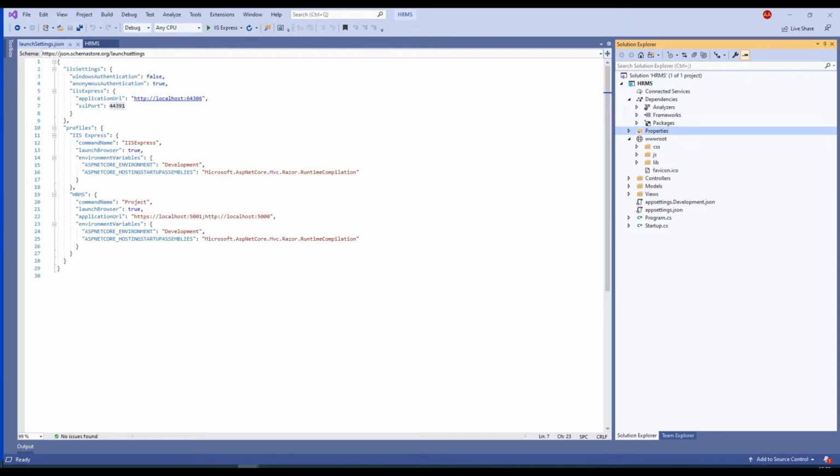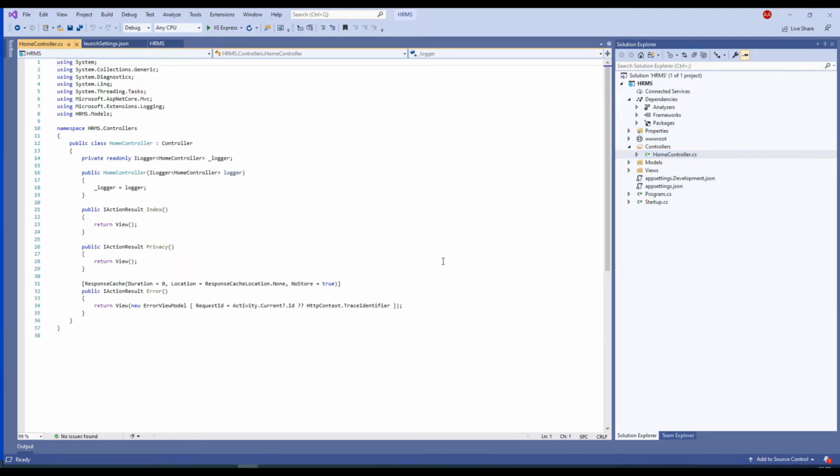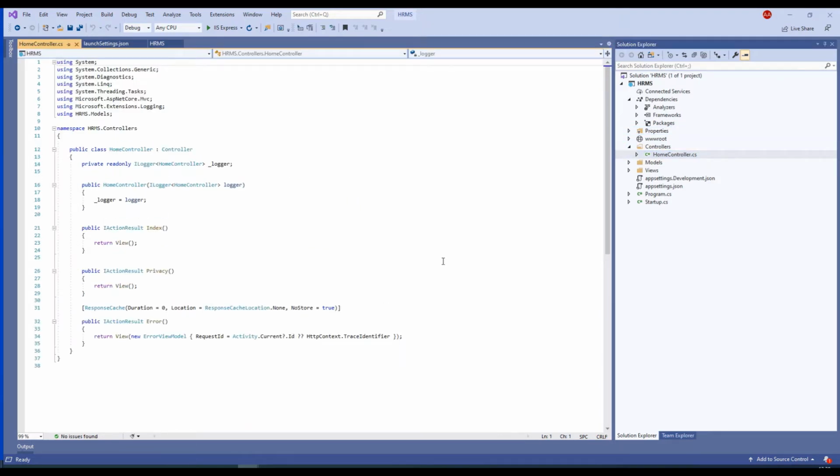So this is the good folder to put those things. Now here comes the model view controller. In the controllers folder, a HomeController has been created automatically for us. I'll talk about this later, but first I wanted to talk about where the code starts.